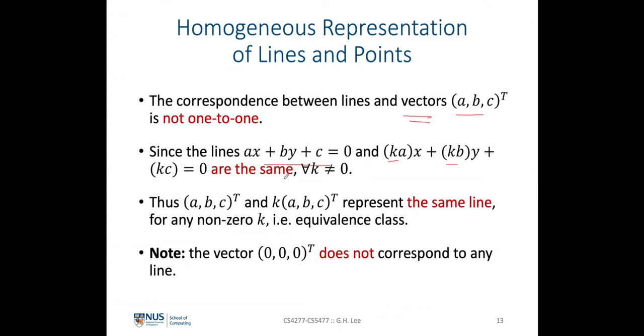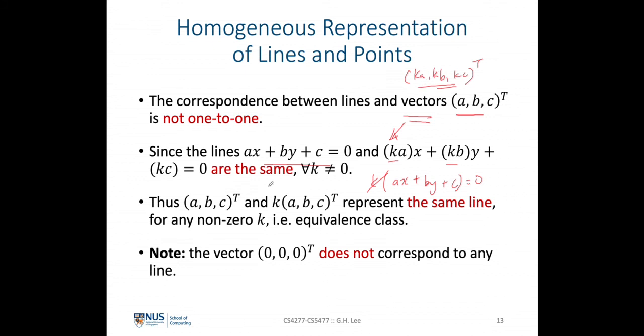It's going to represent the same line, because this k here can be simply factorized out into k multiplied by ax plus by plus c equals to 0, and this k can be cancelled off. So regardless of the value of k here, it's always going to represent the same line. But in the case of a vector, if we were to write the vector as ka, kb, and kc here, these are going to represent different 3 vectors in the Cartesian space for different